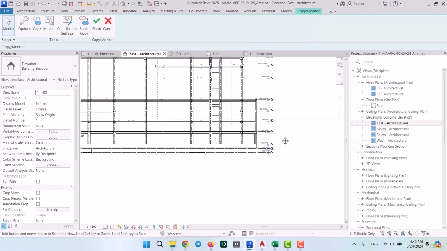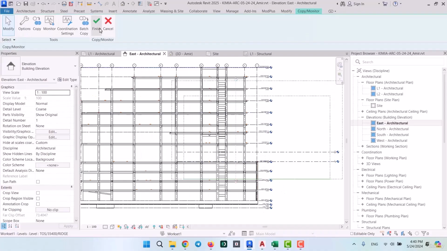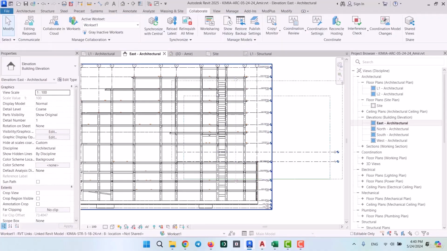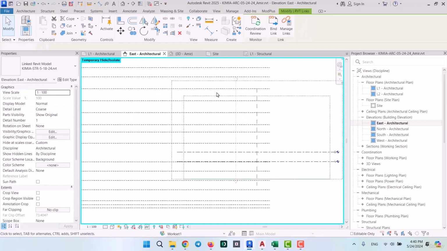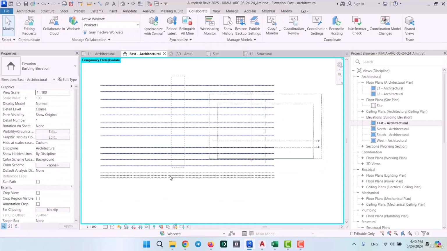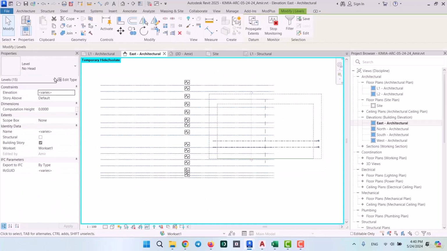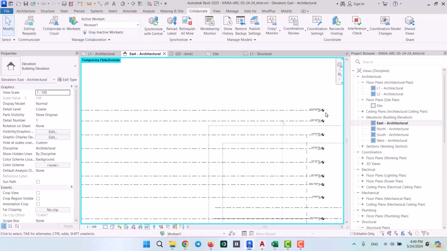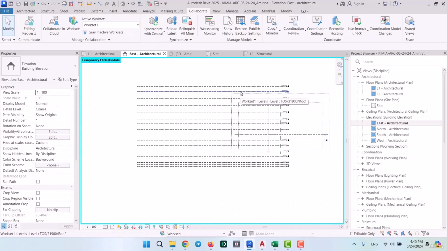Okay, so our levels have been copy monitored. So I'm going to click on Finish, and now let's see how we can check the levels. It's pretty easy. We're gonna go over here and hide the link temporarily. And now you can see the levels have been created. Let's also go over here to enable heads for them. And so now these will make for the TOS levels, which have been copy monitored from the structural plan into